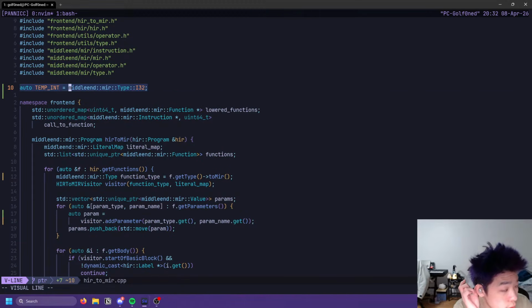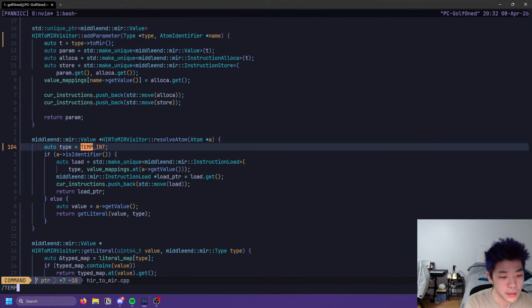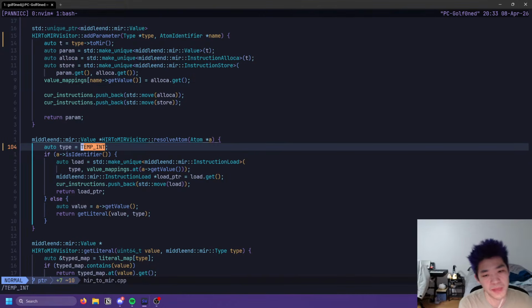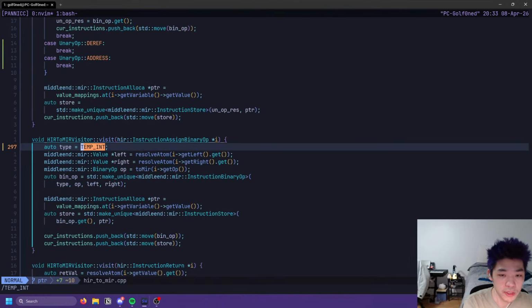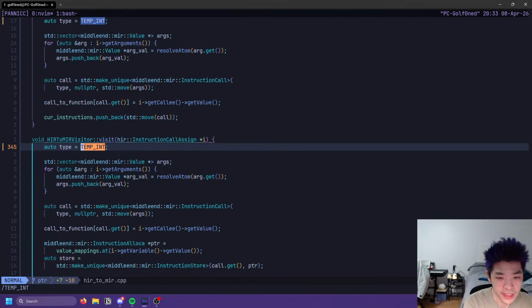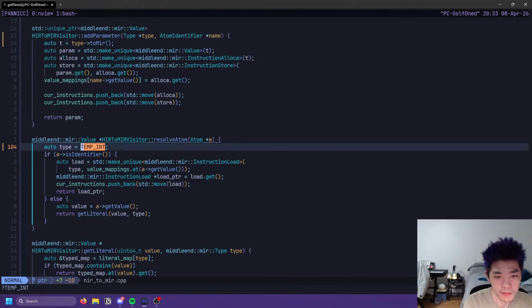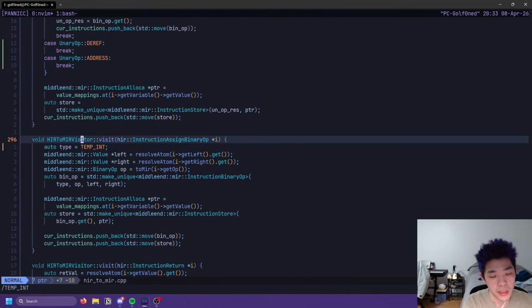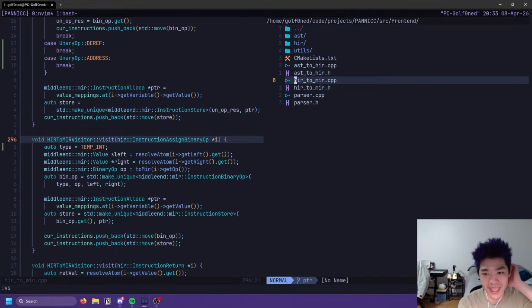I've currently renamed all of these hard-coded int values to temp int, so the idea is I can just replace them at some point. And this works, but there's a whole problem where we don't know the types of these things, and we have more than one type now, so we can't hard code it. And this shows up in a couple different places. I've had to think about what we wanted to do with this, but I think I've come up with a pretty reasonable take on it.